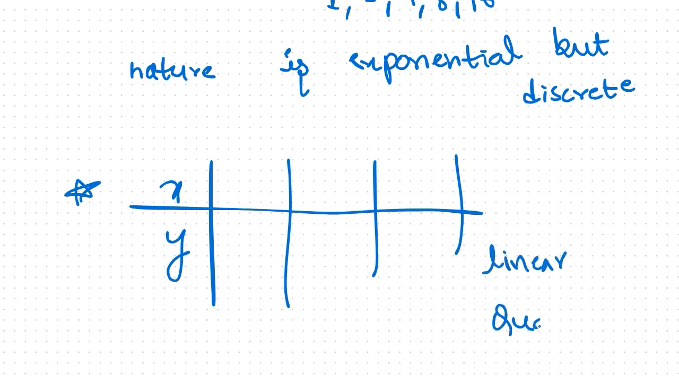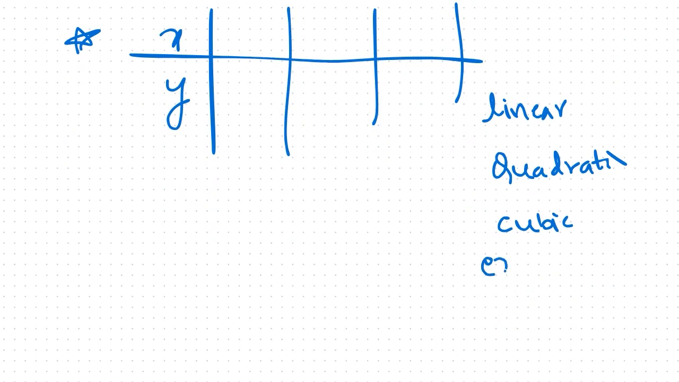How do you know if the graph is quadratic? How do you know if it is cubic? And how do you know if it is exponential? You look at the gaps in between and then the difference. Now, the very important thing is,